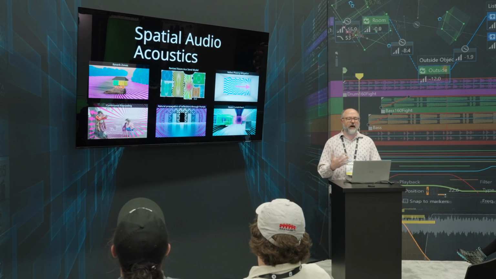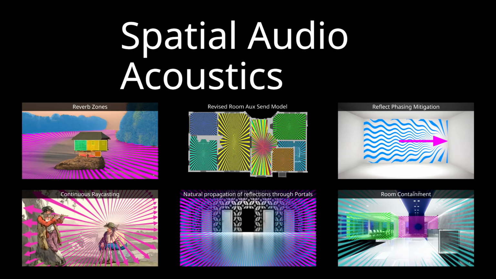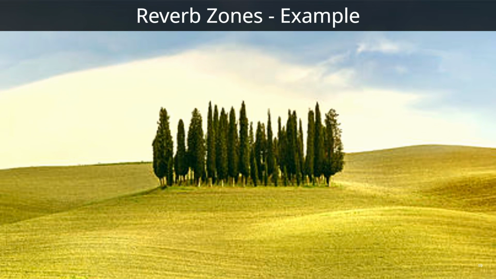We also introduced tools to help mitigate the naturally occurring phenomenon of phasing using Wwise Reflect, our plugin for early reflections. But also, we know that reality is kind of boring sometimes, and actually, sometimes it's just plain wrong for the experience. So we also offer creative tools to help you shape and bend reality in order to support your experiences with greater levels of detail. But I wanted to illustrate a little bit of the way that Reverb Zones expand on this ability to customize spaces with rooms without portal connections.